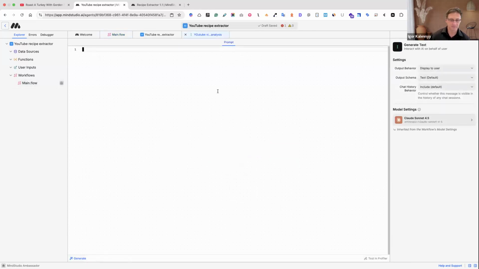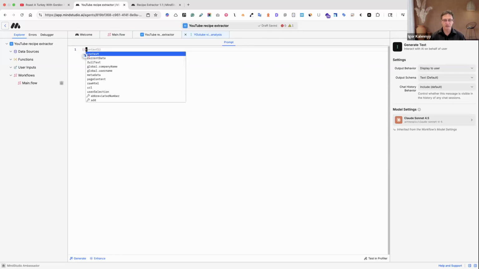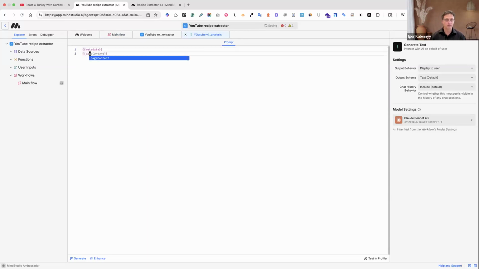And let's type it. First of all, we need to see what kind of information we are giving this agent to process. We need metadata, and I'll tell you why. That metadata variable gets available to us through the browser extension. And also, we need page content.